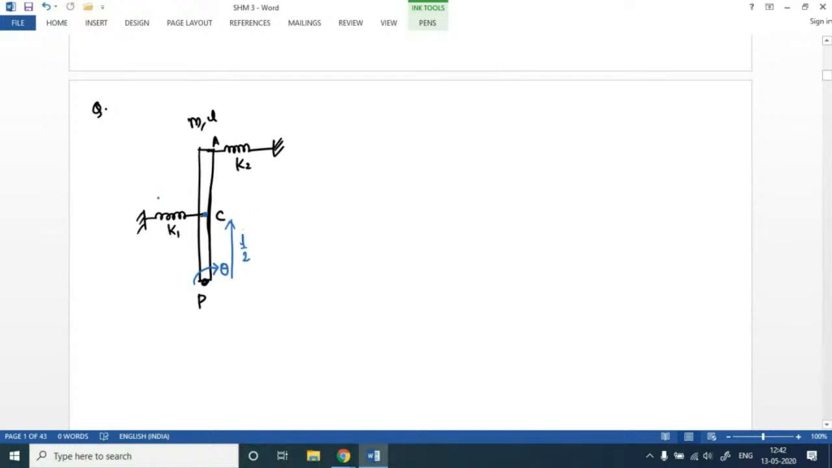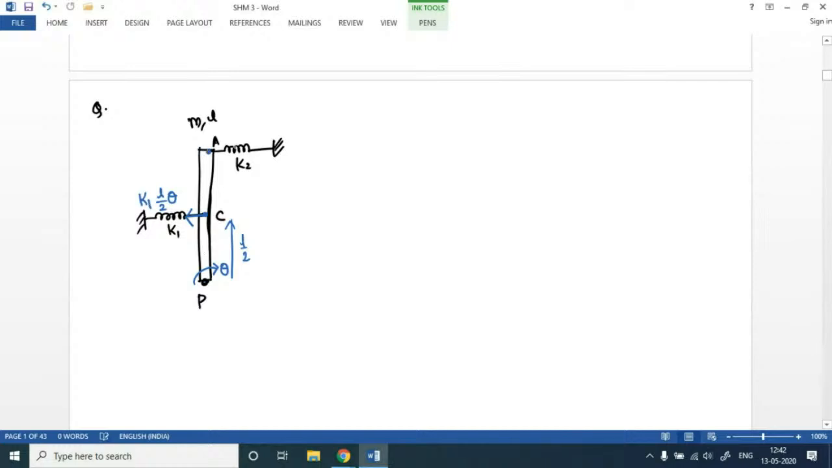That is why the stretching in this K1 spring will be equal to L by 2 times theta. Obviously, since this spring is stretched, it will exert a restoring force in this direction, and its magnitude would be nothing but K1 into L by 2 times theta. Similarly,